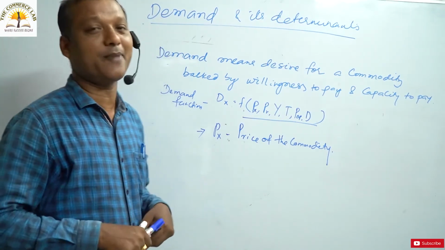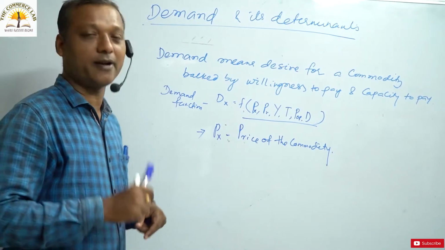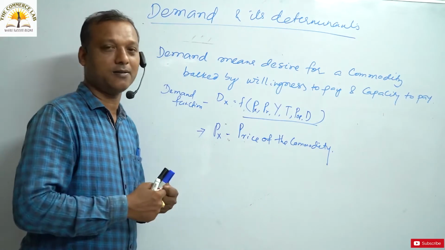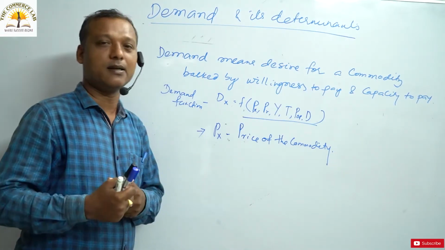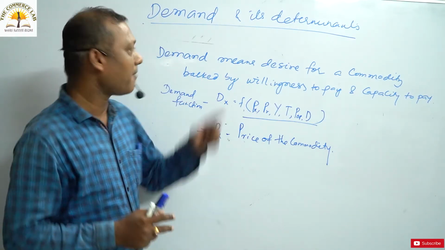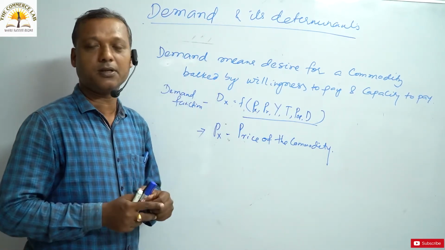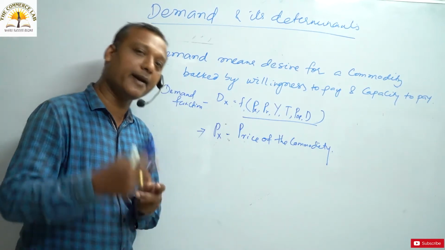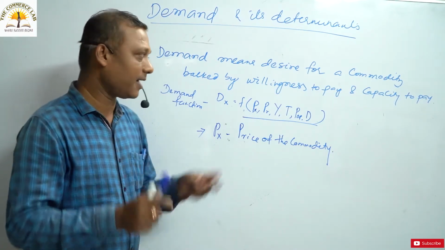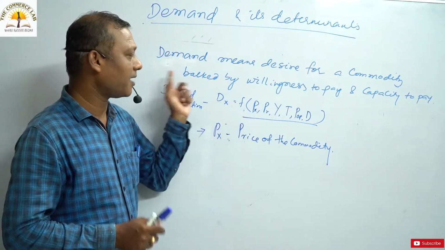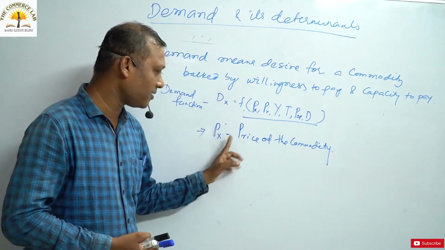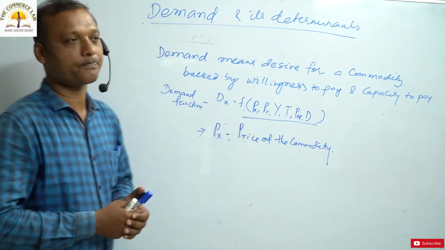How will the consumer get maximum satisfaction? Very interesting point. This is the objective of the consumers, and all of it is part of the theory of consumption. Demand is a part of the consumption theory. We will study the law of demand, which is also a part of the consumption theory. We will study elastic demand. Everything that we will study now is actually a part of consumer theory. So now we have discussed that demand is influenced by the price of the commodity.